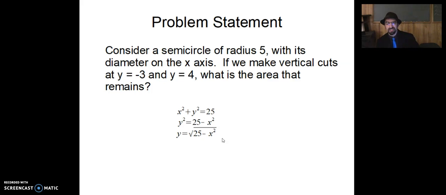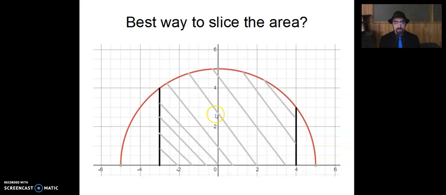The problem statement didn't specify whether we wanted the top or bottom, but in all the images I have, I'm going to be using the top semicircle. Obviously, the bottom semicircle has the same area. All right. So we would have to set up an integral of that, but before we get into that, there's actually a low-tech,